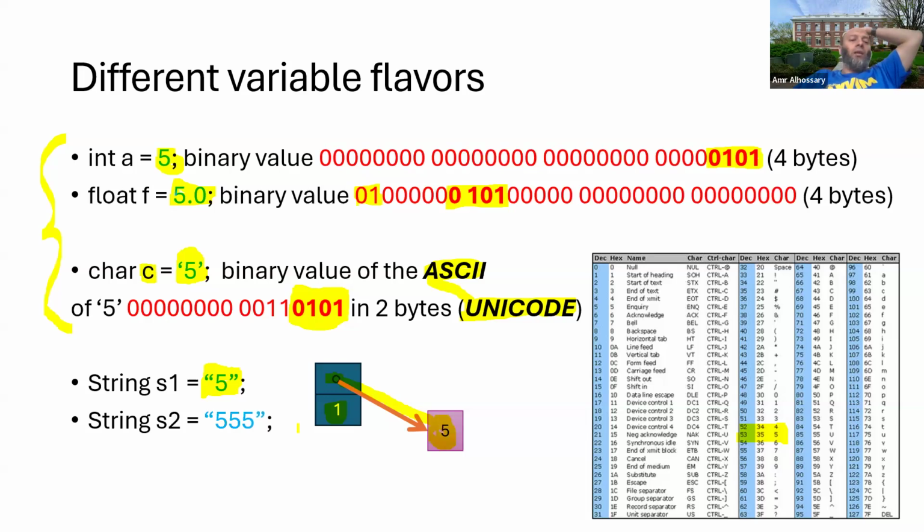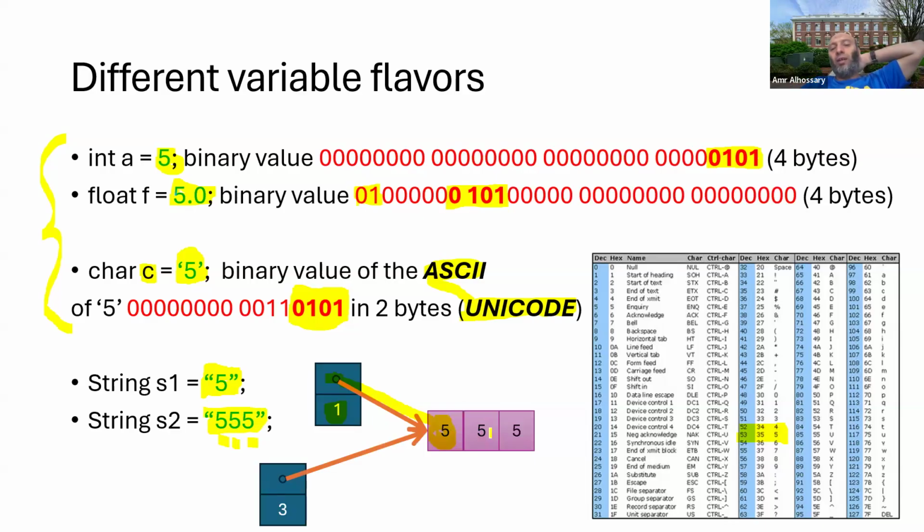Another string can contain 555. It means there is an object in the memory that has a length of 3, 1, 2, 3 characters, and starts somewhere. It's possible, coincidentally as well, that this 5 can be a part of 555. We'll talk about strings someday later in this course, but I just want you to see